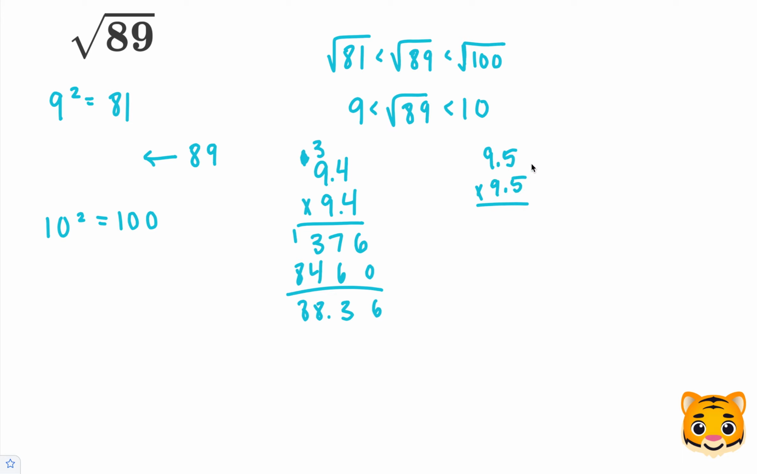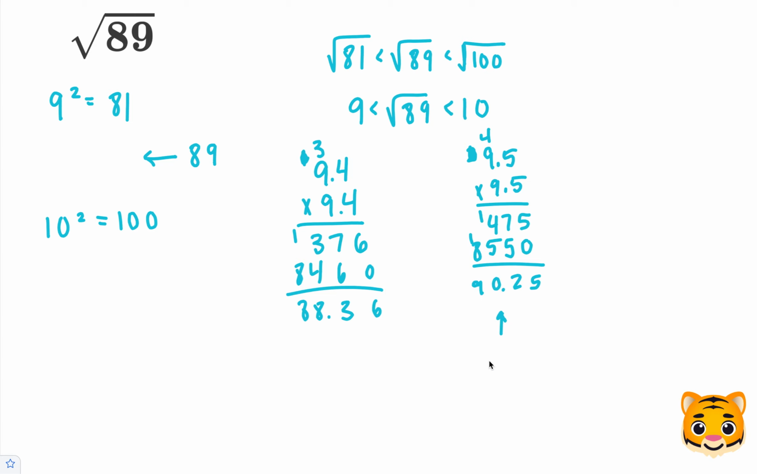Now it's a little bit lower than 89, so we can try out 9.5 times 9.5 and see if it gives us something closer. 5 times 5 is 25, carry the 2. 9 times 5 is 45, plus 2 is 47. Add our 0. 9 times 5 is 45, carry the 4. And then 9 times 9 is 81, plus 4 is 85. Now when we add these together, we end up getting